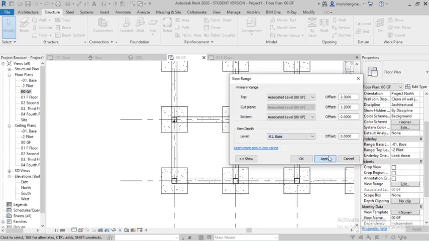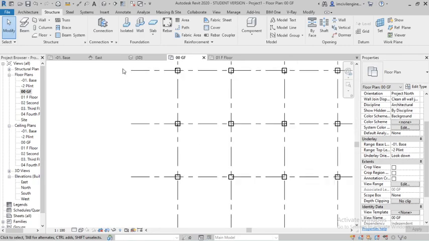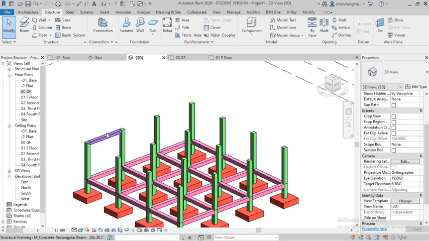And if you make it base, the base is also available. Make it unlimited from top up to ground floor. Okay, ground floor, third floor. Ground floor, bottom. Yeah, all the levels are correct, but associated level. Okay, apply. Fine. Due to some technical issue, I will check and inform.